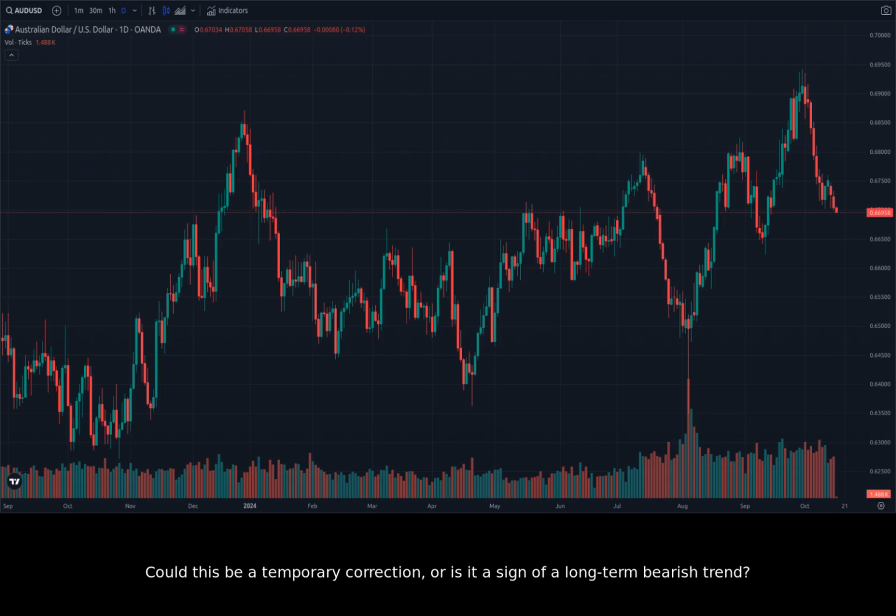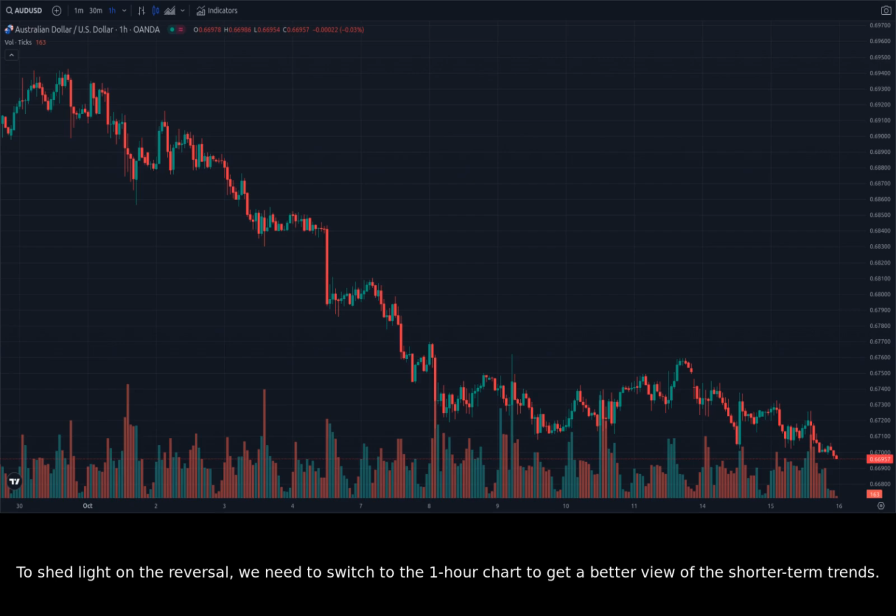Could this be a temporary correction, or is it a sign of a long-term bearish trend? The answer lies in carefully analyzing the news events and economic data that coincided with this reversal. To shed light on the reversal, we need to switch to the 1-hour chart to get a better view of the shorter-term trends. The 1-hour chart gives us more granular insights into the price action and allows us to analyze